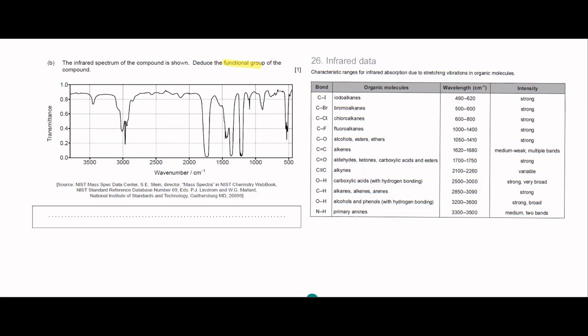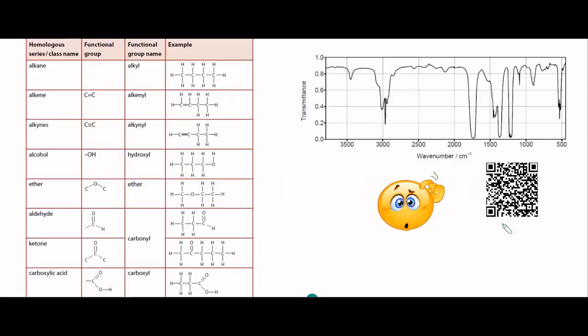Now, you have to understand that the region below 1500 is known as the fingerprint region. What does fingerprint region mean? You are all familiar with this QR code. This QR code is used for scanning purposes to make payments and all, because this will be unique. With this unique code, we will be able to scan it and retrieve all the information laid in it. All the information related to a product that we have purchased can be retrieved if we have this barcode.